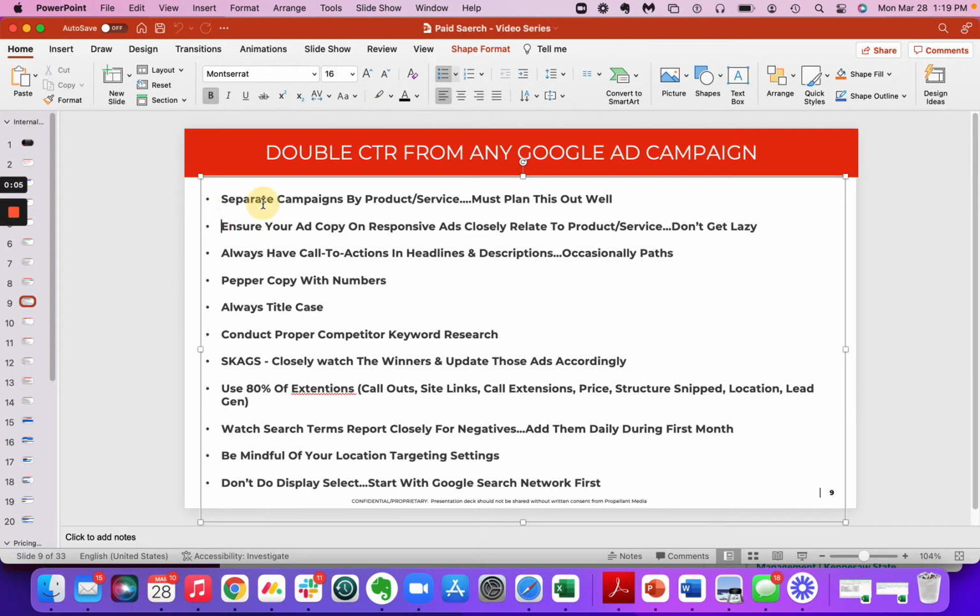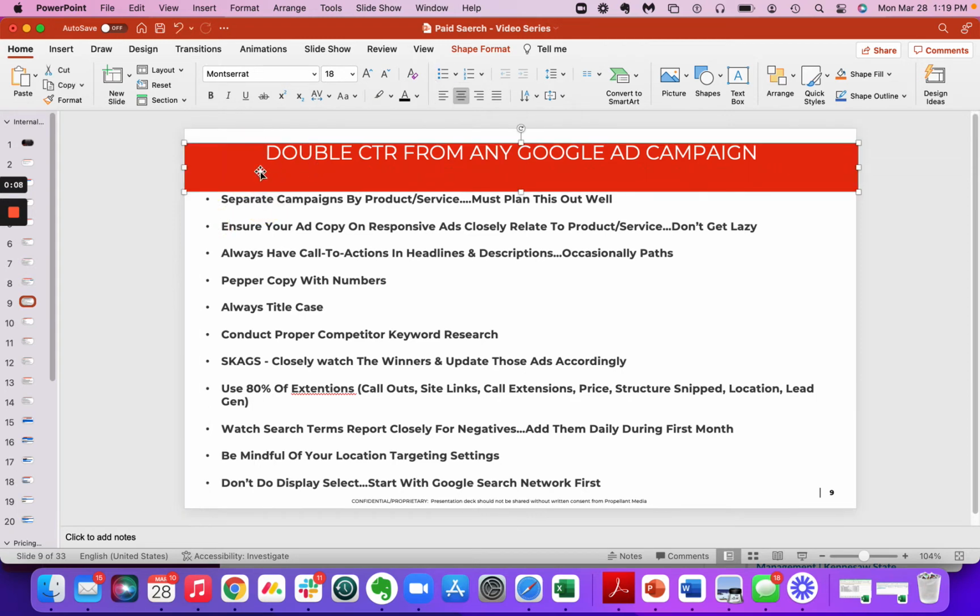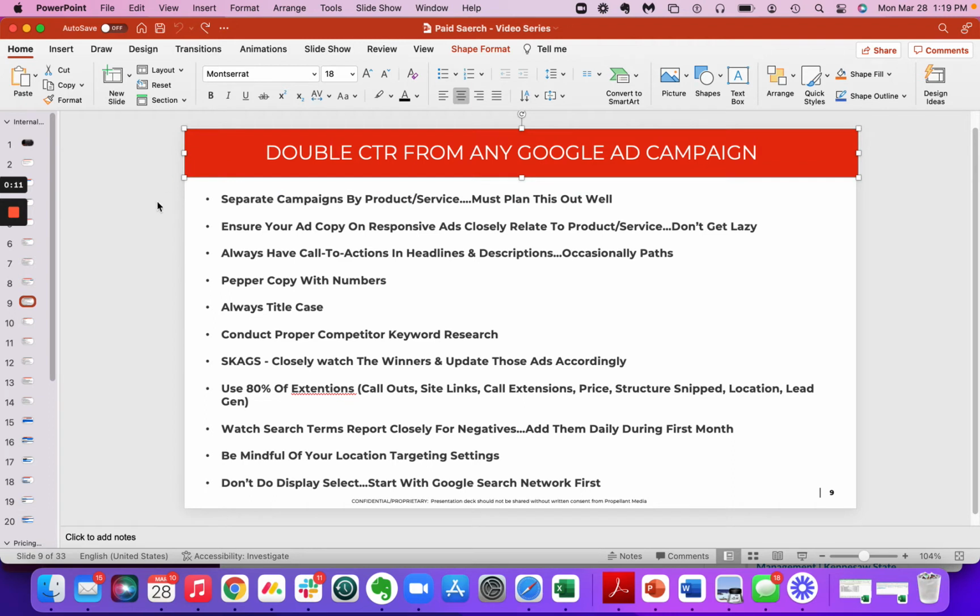Wanted to talk about, I don't know if I'd call this an esoteric topic, but it's certainly a topic that is pretty important when it comes to Google Ads. A lot of times you have a client running a search campaign in Google Ads, and you're doing everything in your power to improve the click-through rates, but they just look sucky. They're like 1%, 2%. You're trying to get them up to 5, 6, 7, 10% in many cases. There's a number of things that you can do, and a lot of stuff that we do here to help in that process. Now, this list isn't fully expansive,